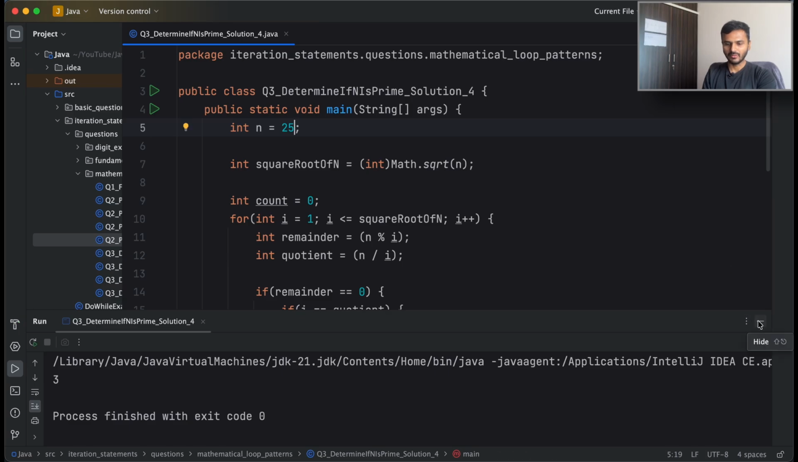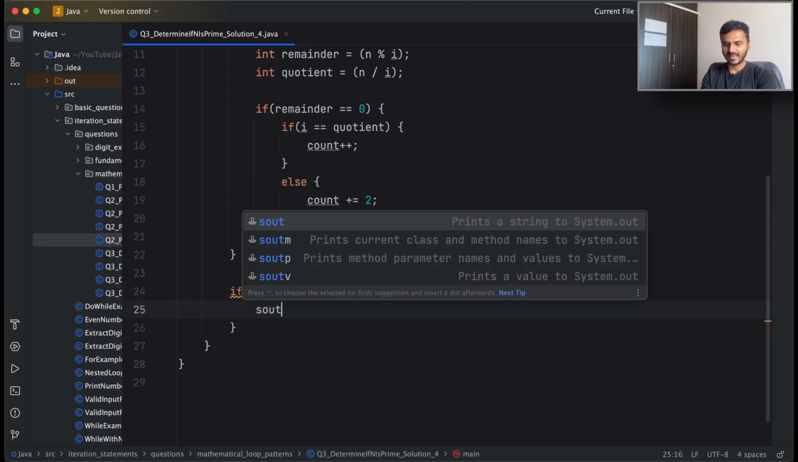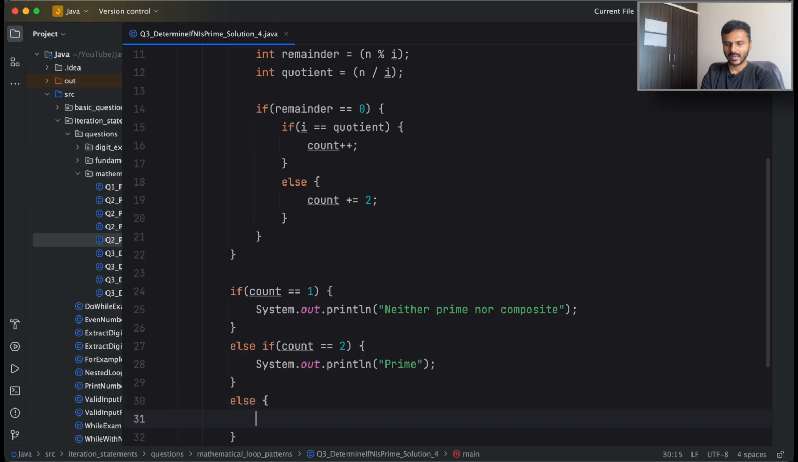So over here, what we can do is, we can do this. If count is equal to 1, we can say that it is neither prime nor composite. Because if a number is prime, we will have 2 as the value of count. If the number is composite, we will have more than 2 as the value of count. So count will be 1 if and only if the value of n is 1, which is neither prime nor composite. So we'll continue and say, else if count is equal to 2, we'll say prime. And lastly, we will say